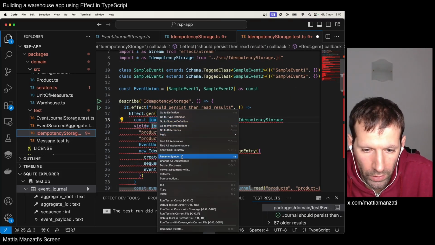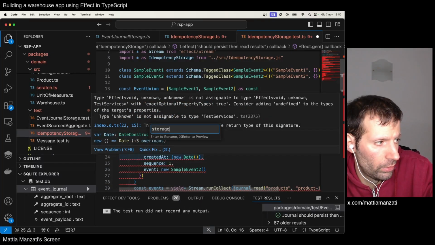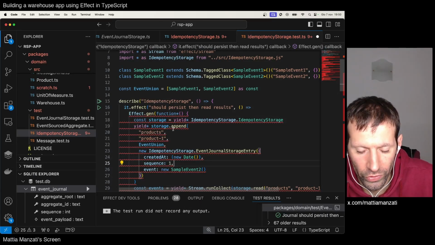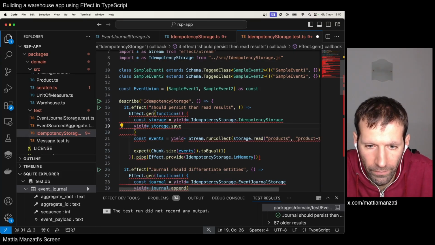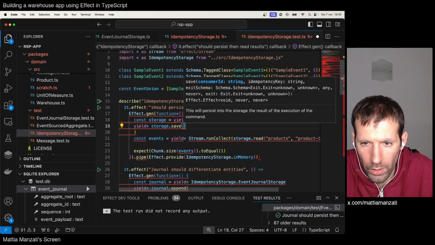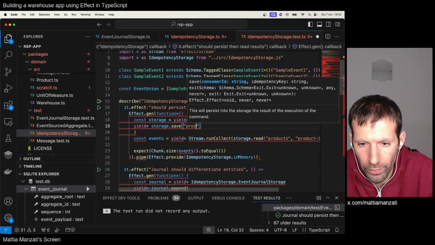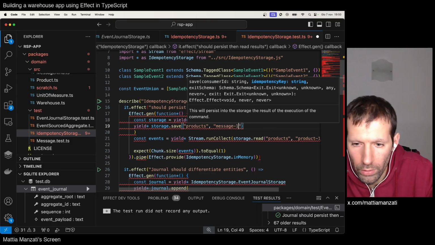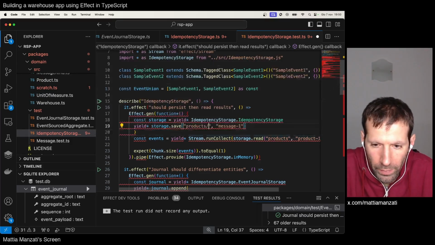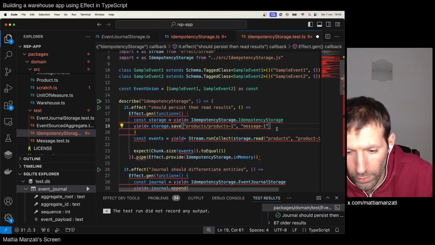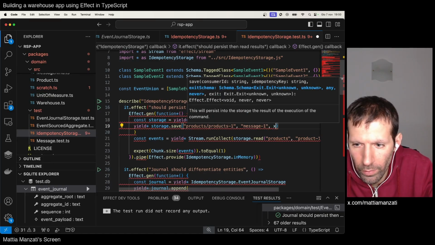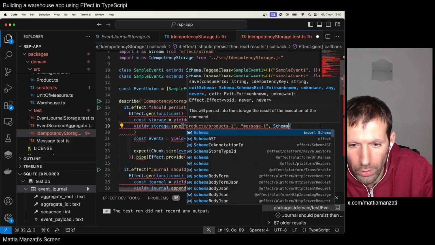And that is storage, and then we need to call storage dot save, and the consumer will be, let's say, products again, or something like products one in an ideal world scenario, and the schema will be like schema dot